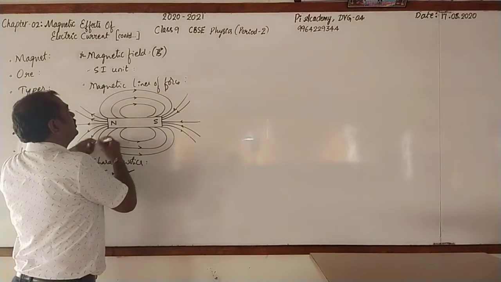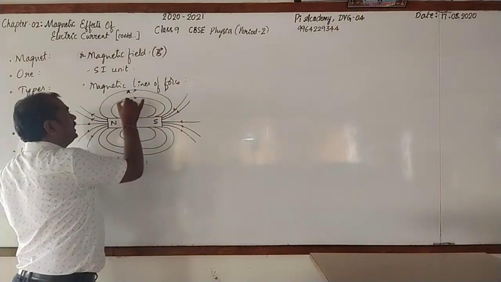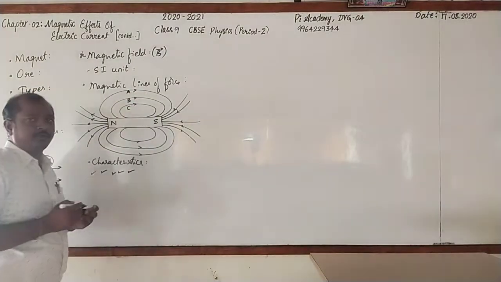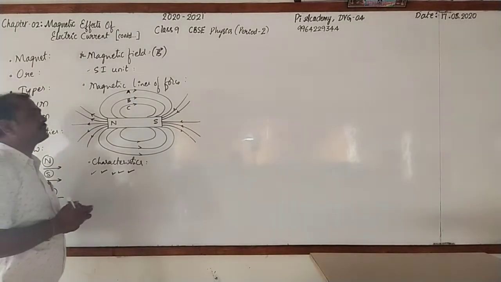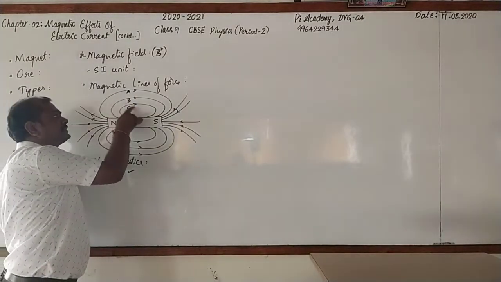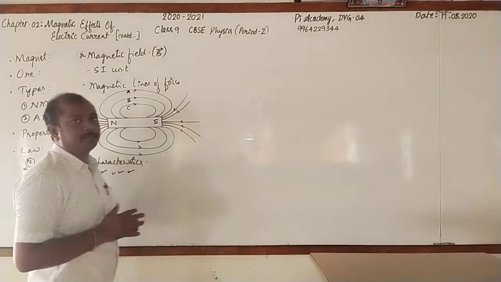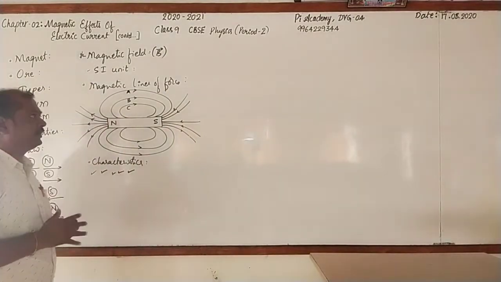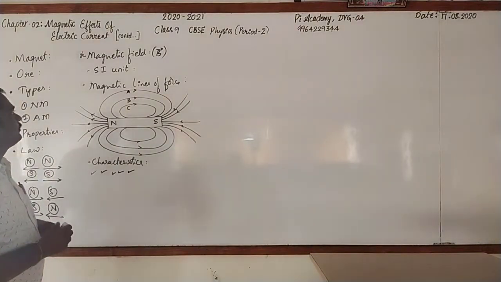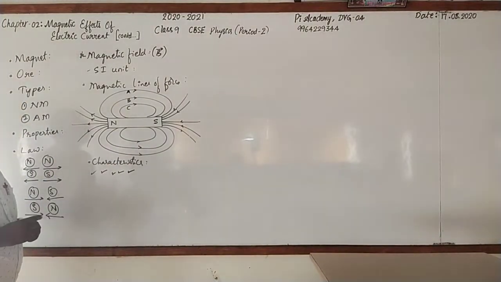Here, when you name these lines of force as A, B, C, just for our reference, which one is more strong? Obviously, it is C, because it is very close to the source, that is the magnet. Clear? So, after getting this information, then we recall